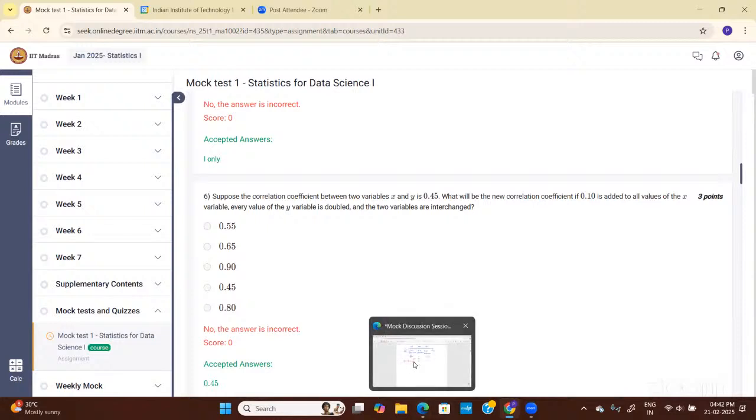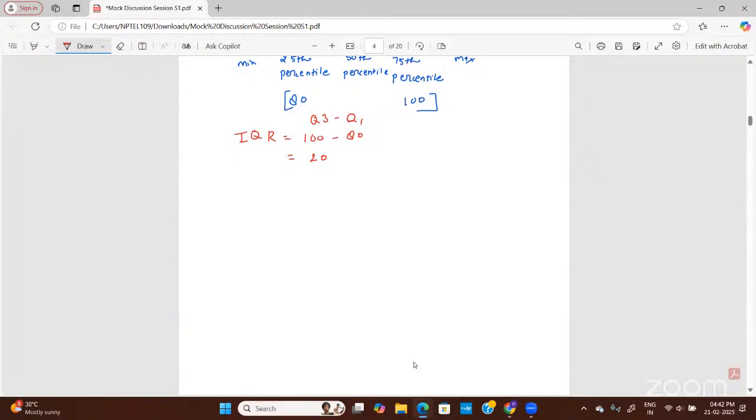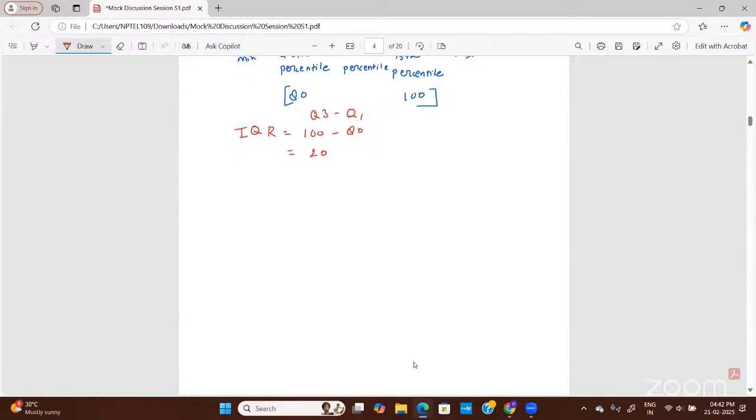Okay, so correlation is basically telling us about the relationship between two variables. It gives us the linear relationship between two variables. So if you have two data sets, some xi values and some yi values, how are these two variables related to each other? Are they related or not related? These kinds of things we can get from the correlation. Ma'am, is there any formula for it? Yeah, there is a formula for it also.